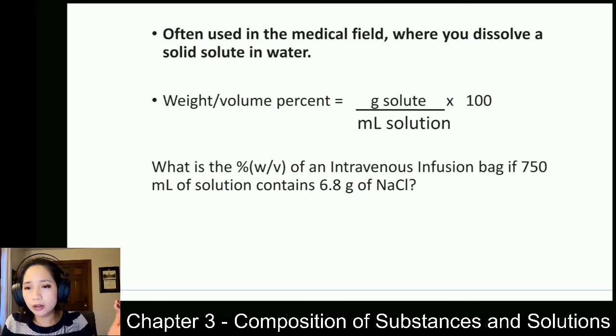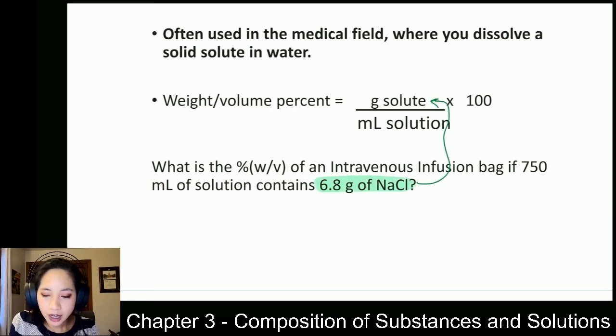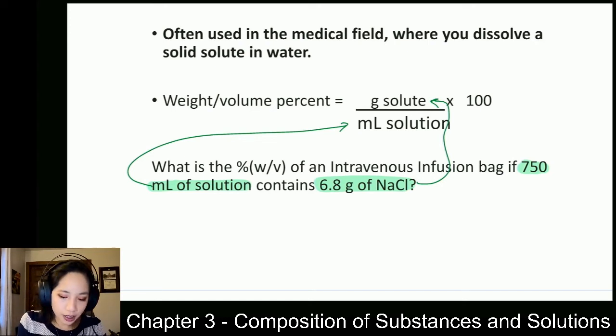So I have a question here. In the medical field, you might have seen things like IV bags. IV bags are a salt solution. So what is the weight volume percentage of an IV bag if 750 milliliters of solution contains 6.8 grams of sodium chloride? Here, sodium chloride is our solute, so there's our gram amount that goes in the numerator. And then our volume, which is 750 milliliters of solution, is our denominator. So to calculate weight volume percent, we do 6.8 grams of sodium chloride over 750 milliliters of solution times 100